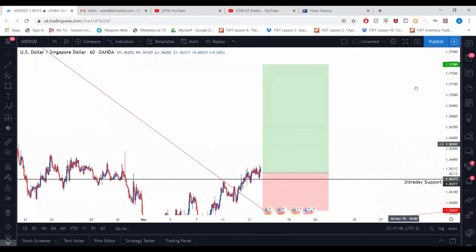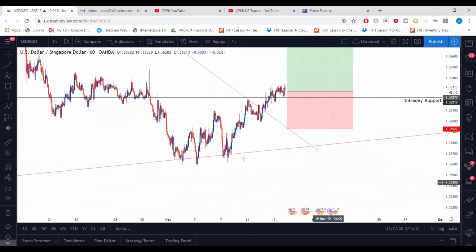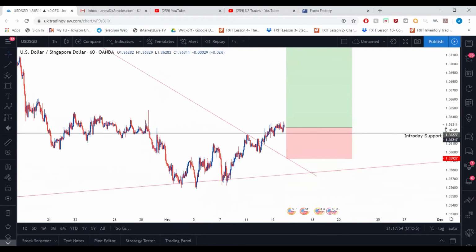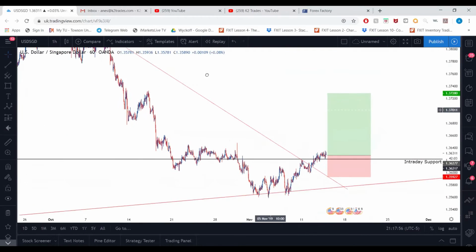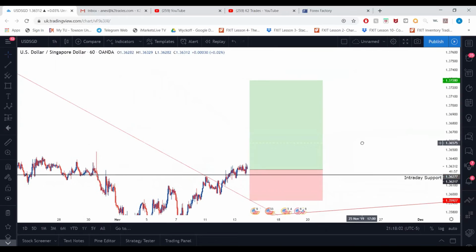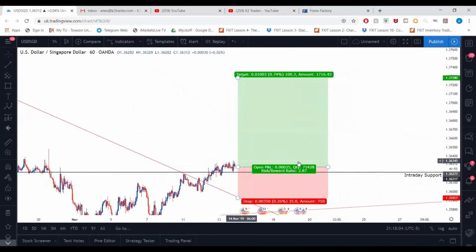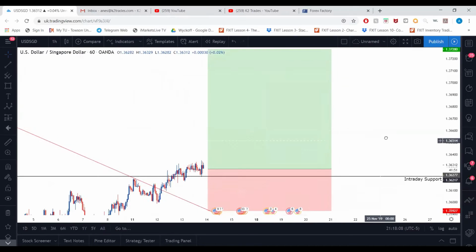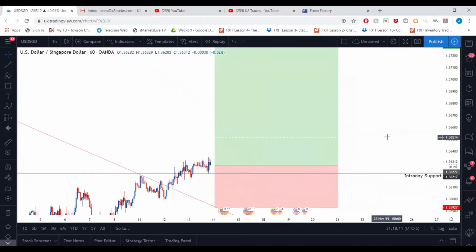Definitely three to four rejections off of the trend line, broke this short-term downtrend correction, retested, came back, closed above this daily zone, and that serves now as a support. So really, Forbes, if you are buying it,